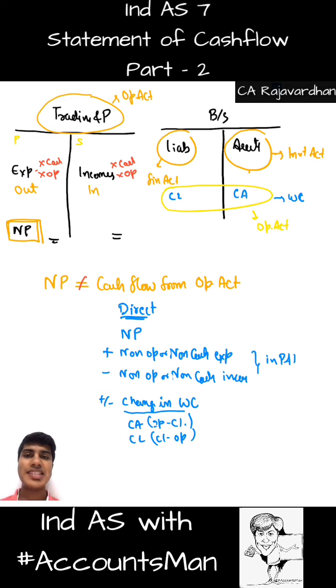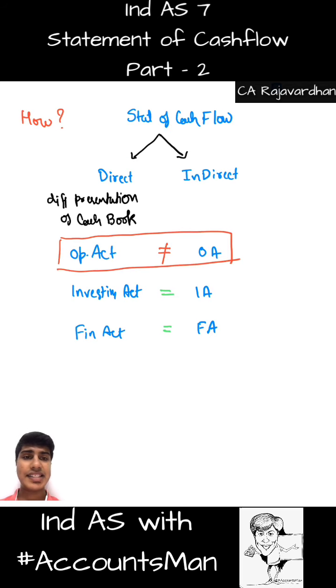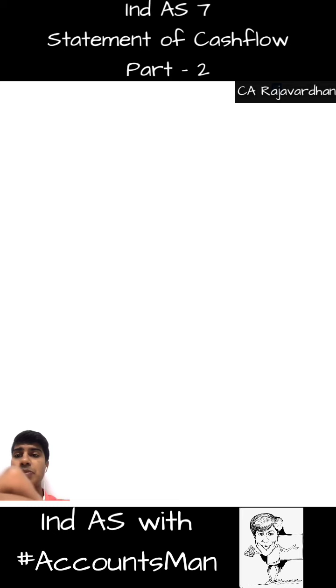From this, we basically subtract the actual tax paid. This will give our cash flow from operating activities before payment of tax. From this, if we deduct tax paid during the year, that will give us cash flow from operating activity. So this is the only point of difference. However, with respect to investing and financing, it is the same. I'll however touch upon that aspect also for you.